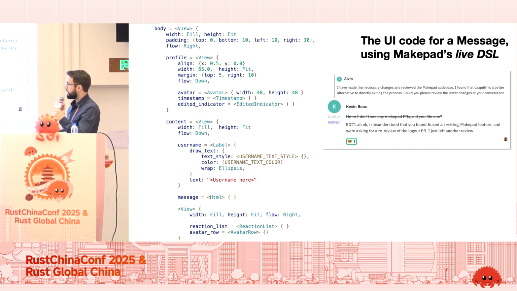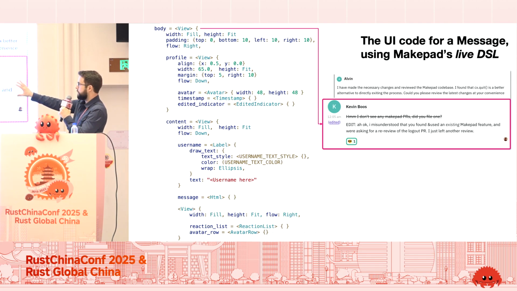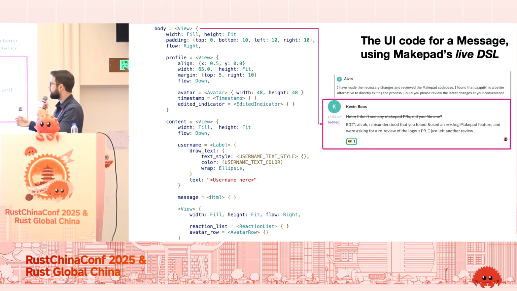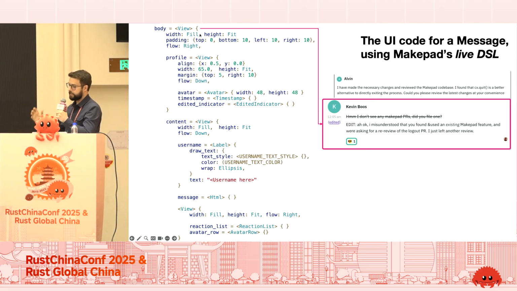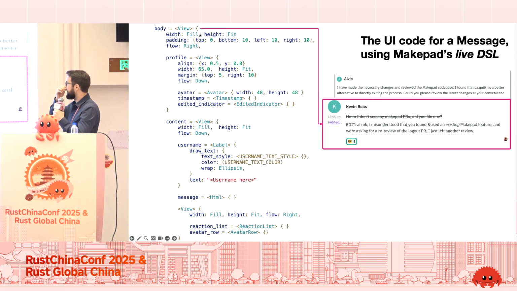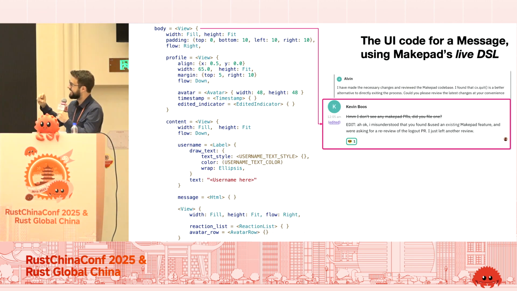So let's scroll down a little bit and look at the body of the message. The body itself corresponds to everything that is just within this message's bounds, the contents of this message. And if you want to look at the Makepad code in a little bit more detail, basically width, I think, is quite self-explanatory. You want to fill the horizontal bounds, and you want the height to be set to the